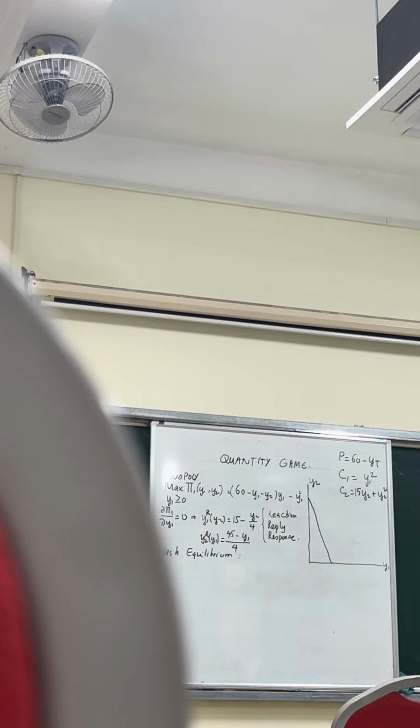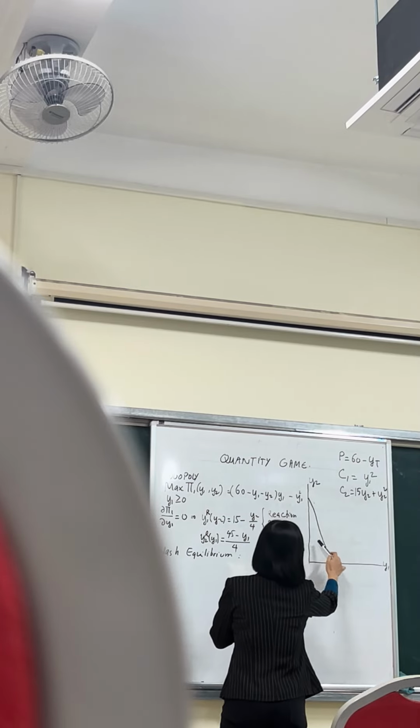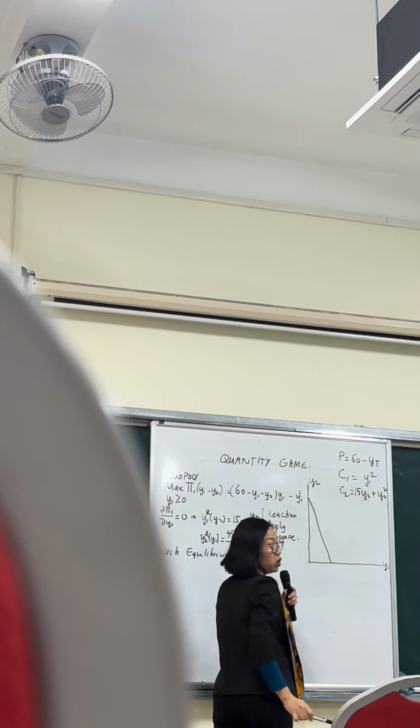Okay, so Nash equilibrium. What is the definition of Nash equilibrium? I believe you've learned it in macro, right? Nash equilibrium is: I make my best choice given your choice, and then you make your best choice given my decision as well. So, in order to find the Nash equilibrium, we are going to solve these two equations simultaneously. It means we look for the intersection point between the two.